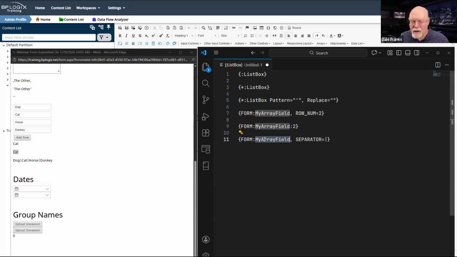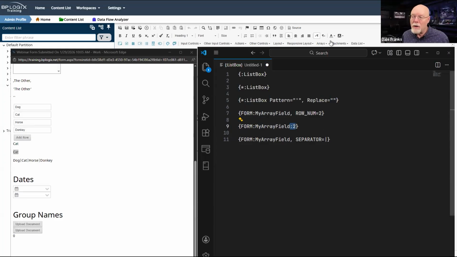If you want to change the value in an array, then you have to be able to specify that row number. If you just try to change the value of my array field, Process Director will certainly allow you to do that. And whatever value you pass, it is going to change all of the fields to that value. So if you pass the value shark to this array, then the actual value of this array will be shark, shark, shark, shark, because it's going to take that single value and replicate it in all of the array fields. So whenever you want to change a specific row in an array, you have to be able to specify that row.